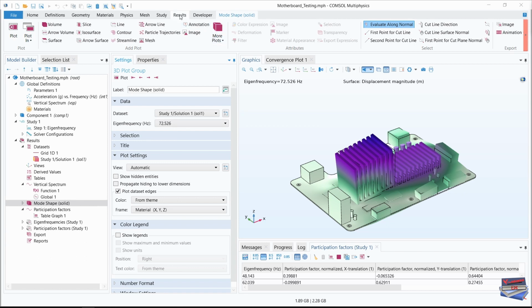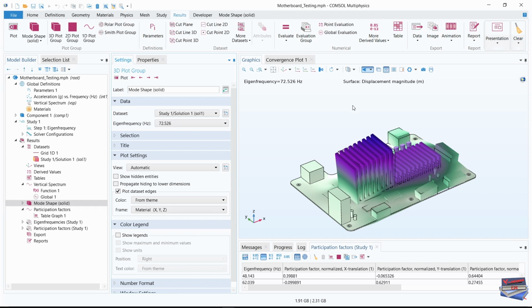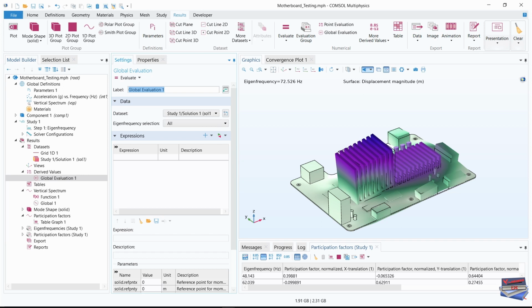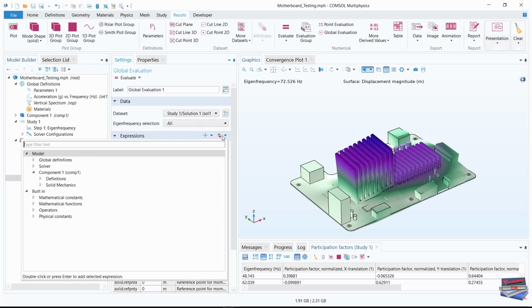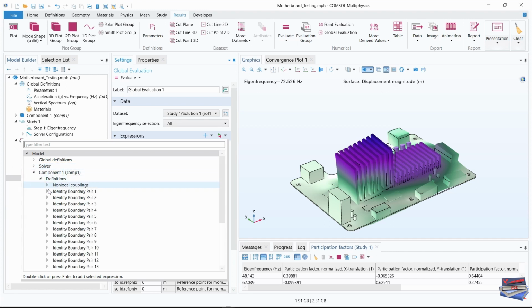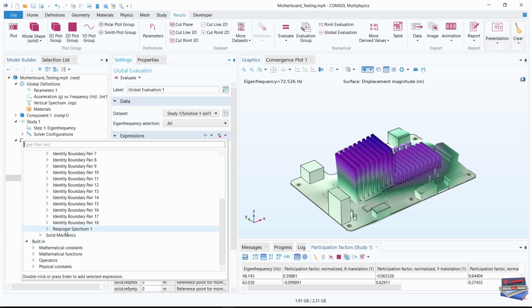Okay, let's navigate to our results toolbar, and let's go to global evaluation. Navigate to the replace expression, and under component 1 let's choose definition. Let's scroll down to response spectrum 1. Let's expand that, and let's expand effective modal mass, and let's choose the C translation. So let's double click on this one,